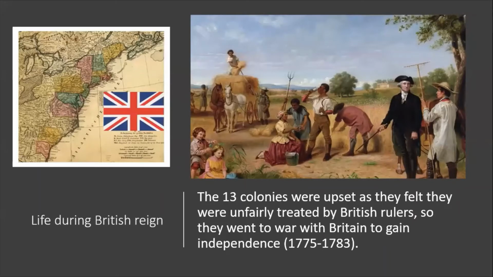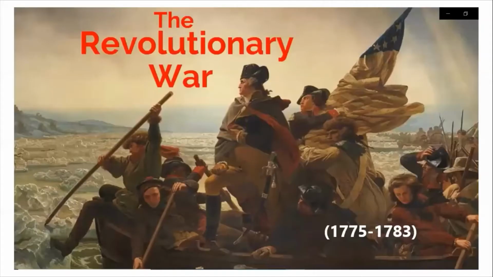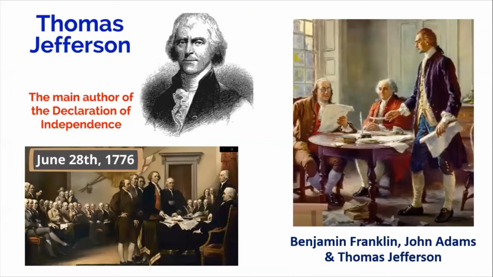The colonists had to pay taxes to the British government, and they could not choose their own leaders. They decided to separate from Great Britain and establish their own independent government. In 1775, fighting broke out between the colonists and the British soldiers, and the American Revolution began, which they won. In 1776, Americans declared independence from Britain.